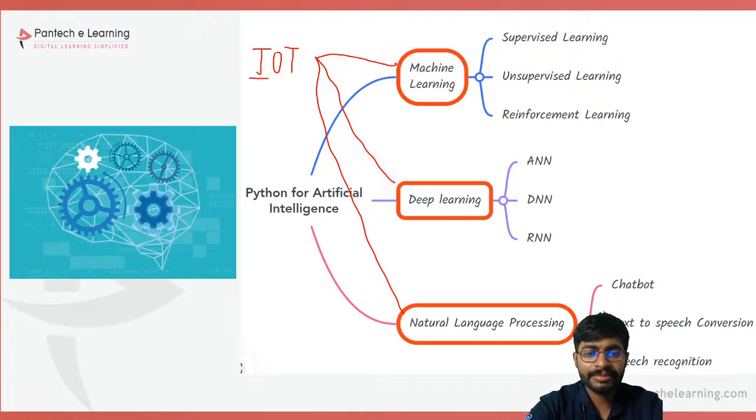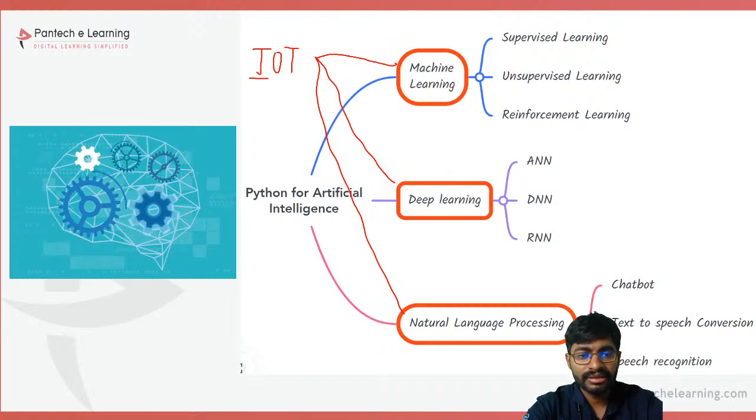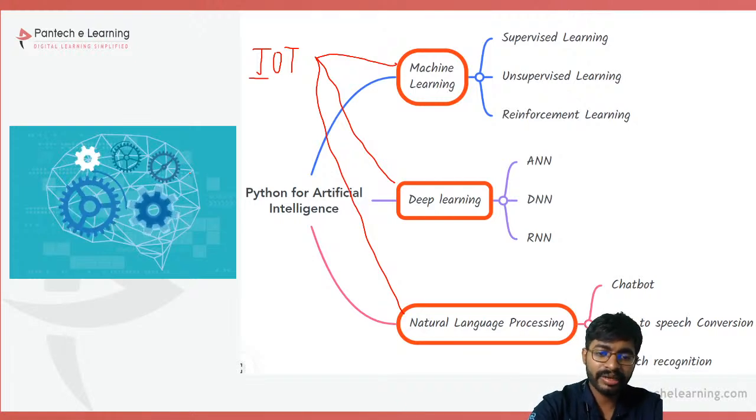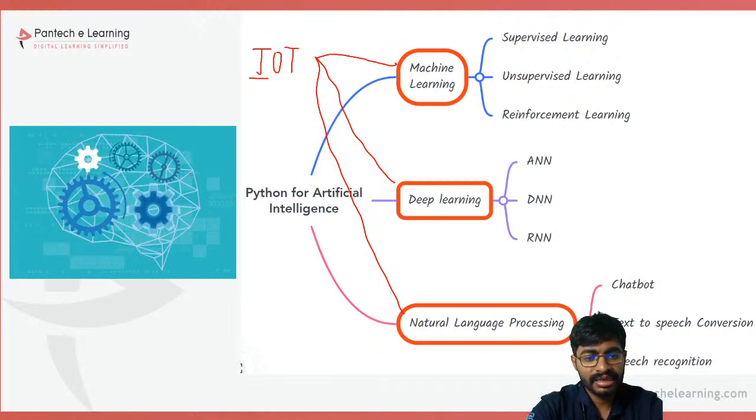The same way, for image processing with machine learning, no need to go with MATLAB. You can directly approach Python, provide all that machine learning process, and from that you will be able to apply this integration part. Then the same thing, if you are integrating machine learning and deep learning with web services, the same script you can write in Python with different frameworks. So that's why we are choosing Python for artificial intelligence.